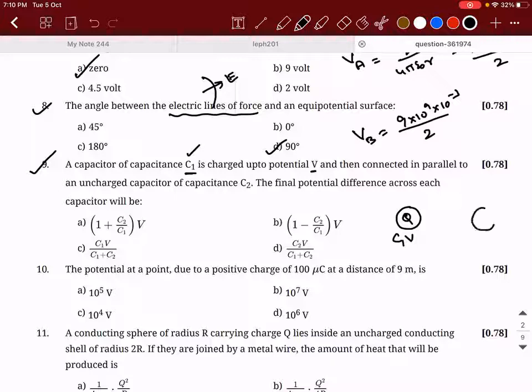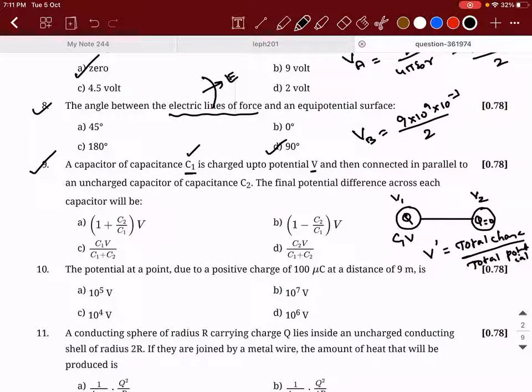There is another uncharged capacitor whose charge initially is 0. When I connect these two devices together, what will happen? Here the potential difference is V1, and here the potential difference, if I call it V2. Charge will flow from higher to lower potential till what time? Equilibrium is obtained. Both the potentials are equal. Correct. Very good. So that common potential V dash, can I call it total charge divided by total potential?